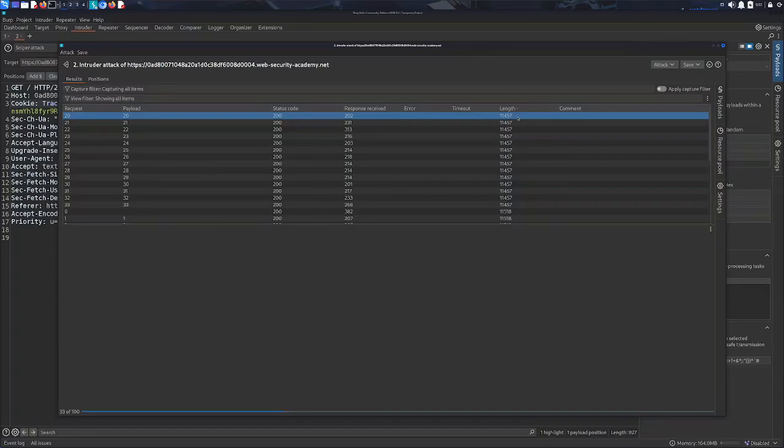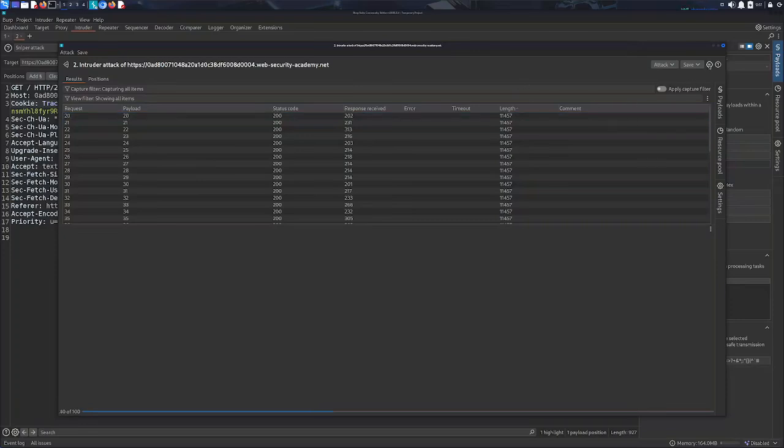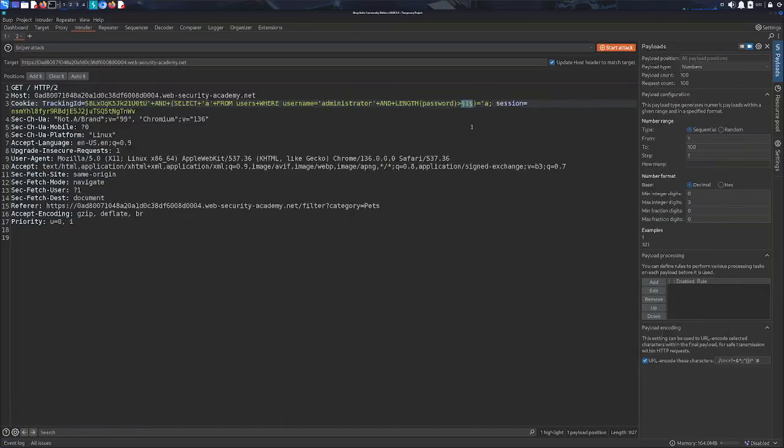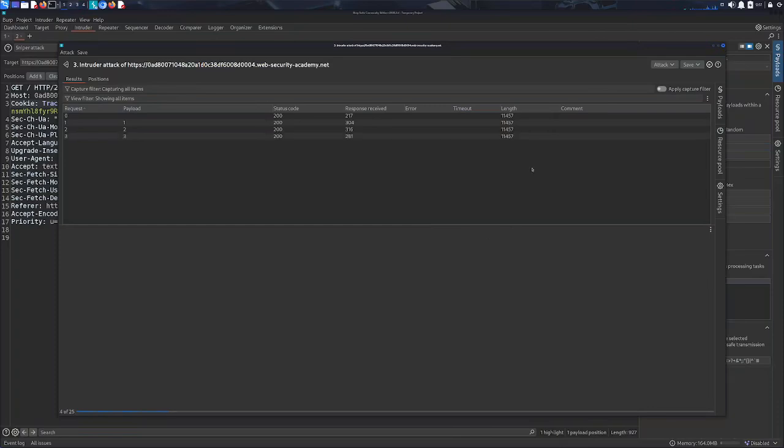And so that's how you can tell it's 20, because it's no longer greater than, it is now equal to, it's now going to return this length. I'm going to stop the attack and show the equal sign now, which is a little bit easier. I'm also going to limit to 25, because we know it's on request 20, just so it shows a little before and after. Now we see the same